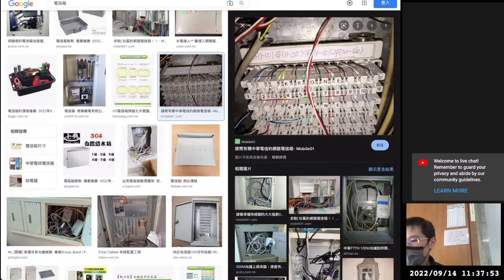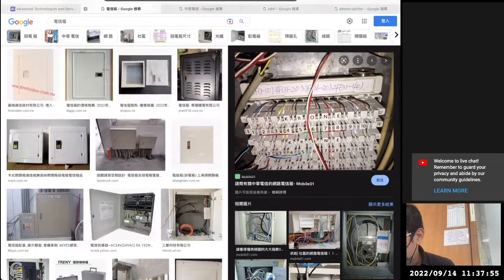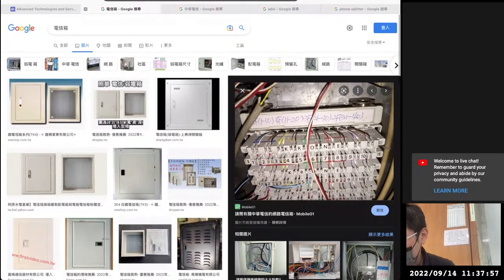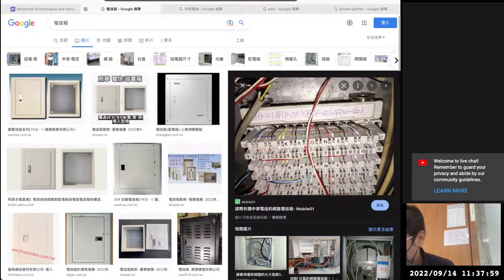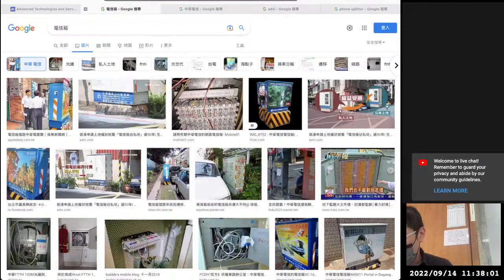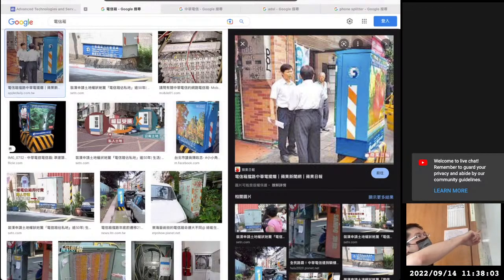The near 电信箱，你等我一下，电信箱。I believe you know what exactly this one is, right? Near your apartment, there on the curb, okay, there will be an even bigger box. So all the 200 phone lines will go into these boxes, and also all the neighboring apartment buildings,